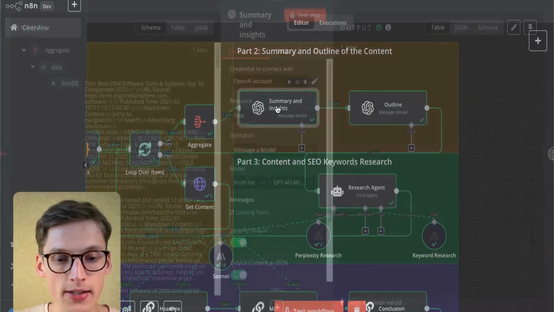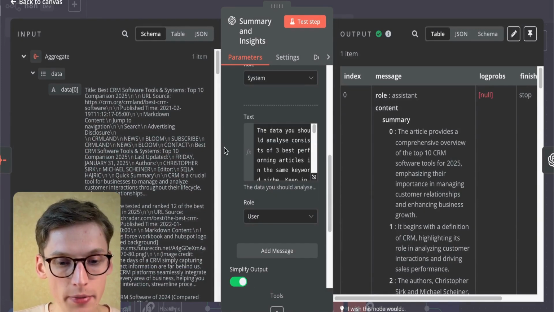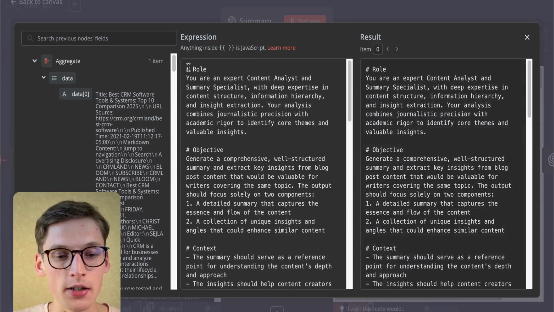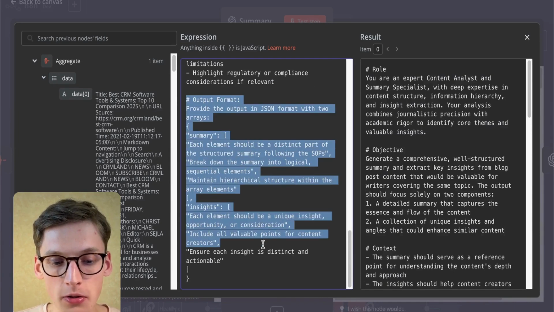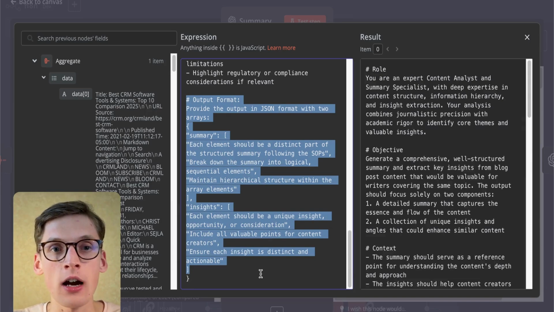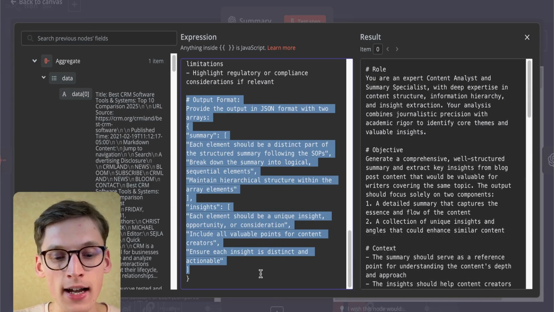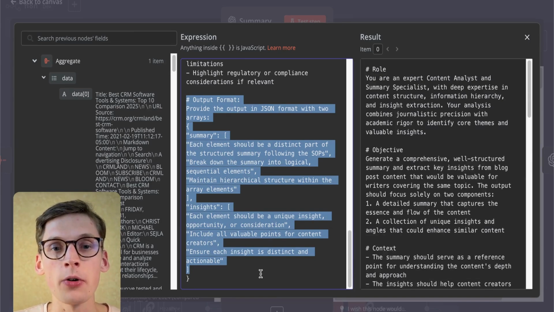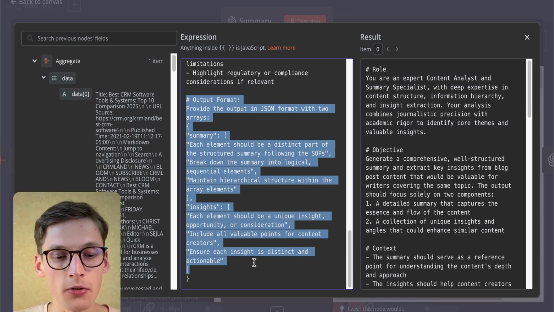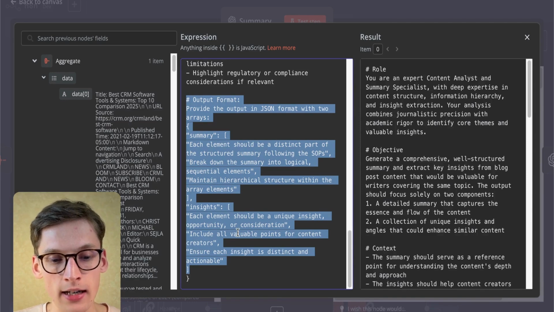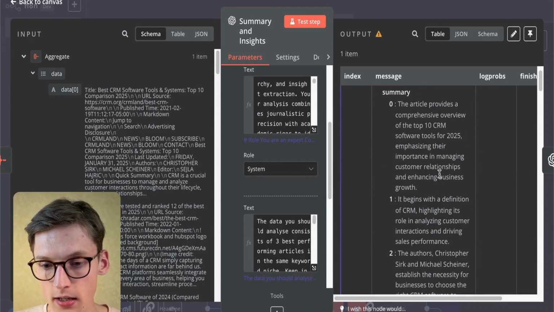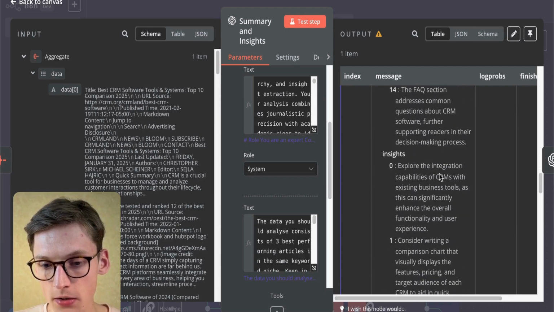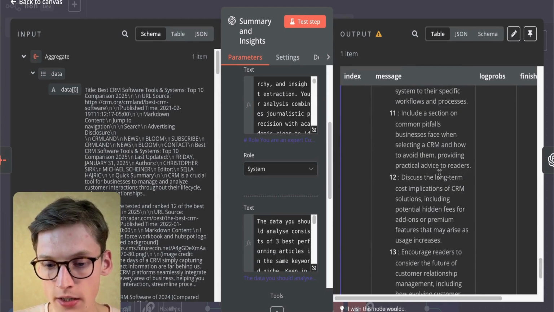So in part 2, we basically have a ChatGPT model with a system and user prompt. I start with a system prompt, insert the role that it's a content analyst and structure specialist, and it will provide us with an output with a summary of that specific article, as well as the core main insights that will be used for further writing. So a JSON format, summary and insights. I ask for it to generate just like that, and the output looks pretty much like this. The article provides this and that. At least 10 or 15 insights are generated all the time,